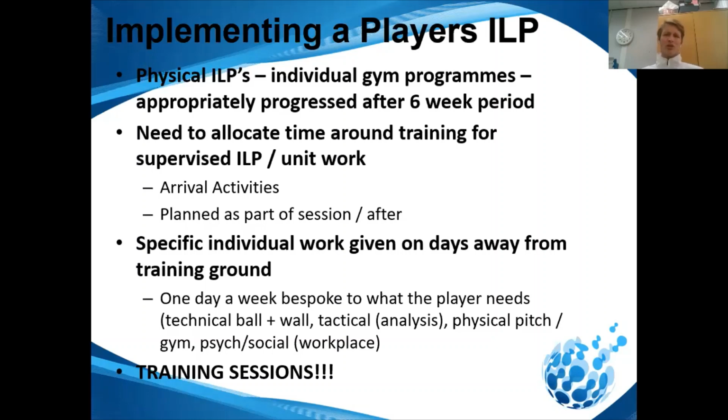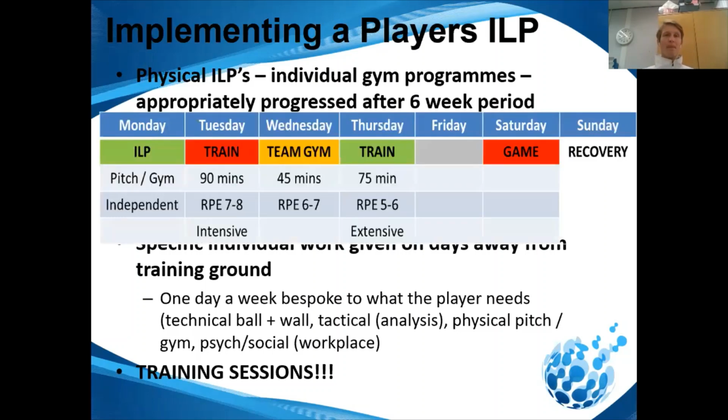And then the last one I put on there is training sessions. We need to design training sessions where we're so confident that every player is getting their individual programs in it, that even if they didn't do the additional unit work, which they do need to do, they're still improving as players and understanding how to improve and what they're working on. So you need to make sure your training sessions have a real focus, which we spoke about in designing your training session on episode 1.